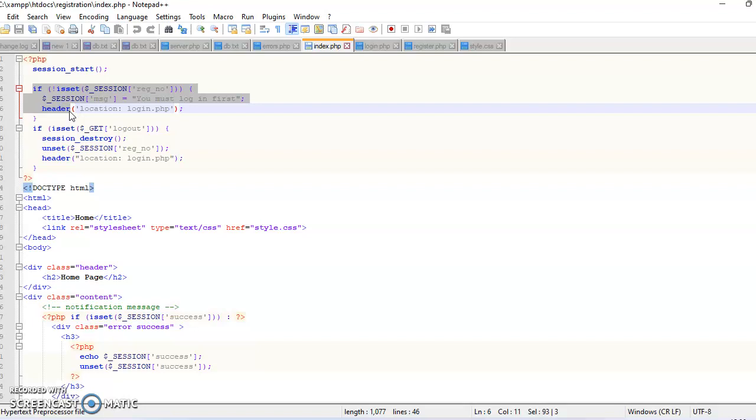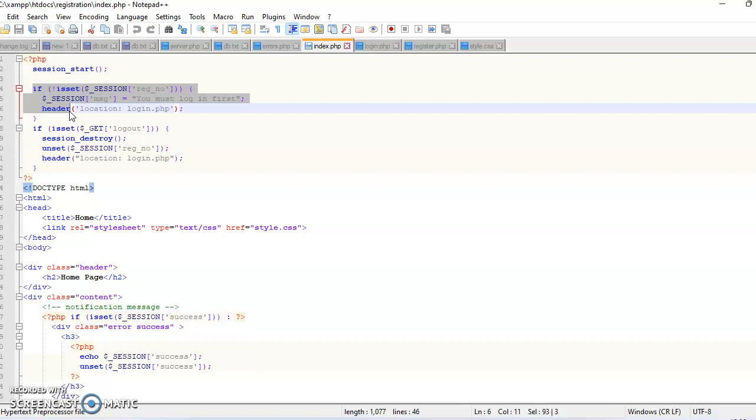It is saying that if a user is not logged in, they will be redirected to the login page. Hence, this page is accessible to only logged in users.